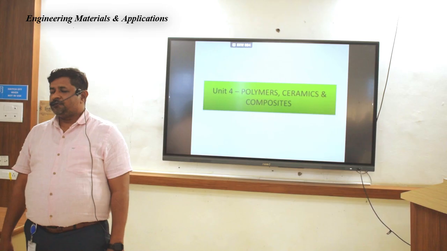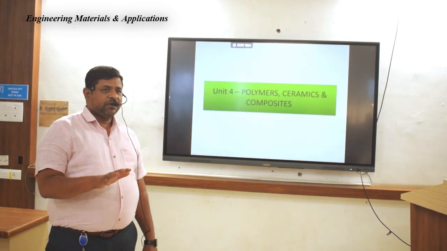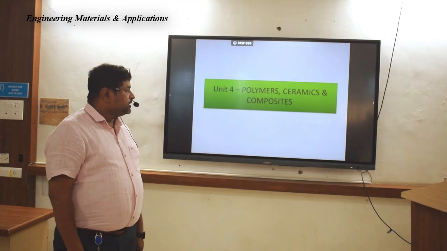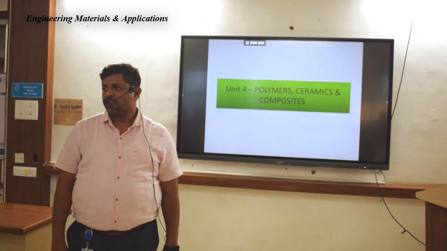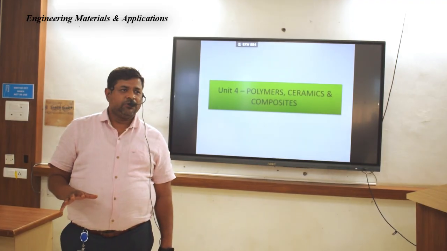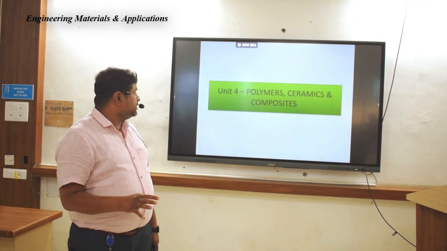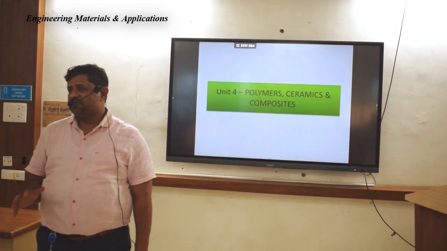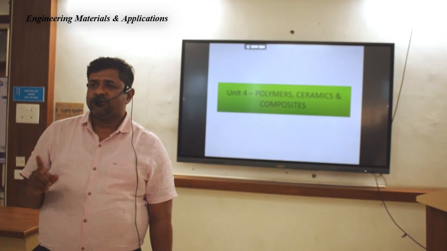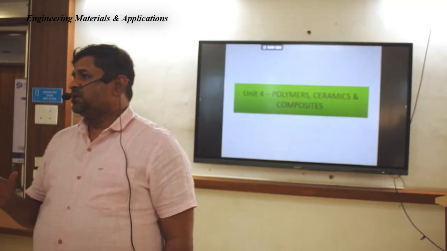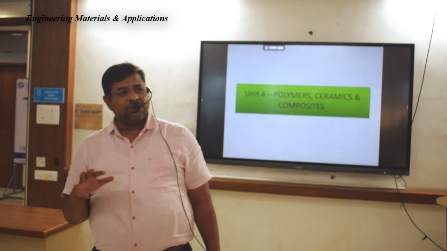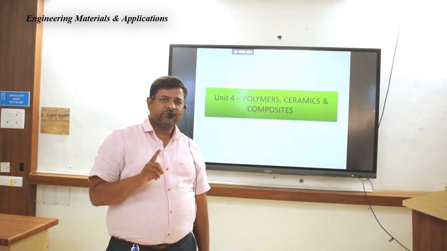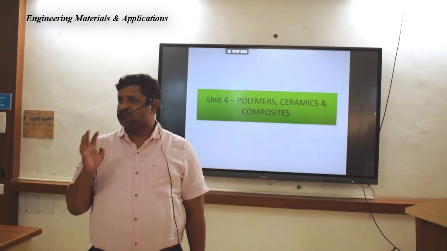Good afternoon, everyone. Today we are going to start with the fourth unit, that is Polymers, Ceramics and Composites. In this particular unit we are going to see what is the meaning of polymers, ceramics and composite. Basically we will see what are the different types of those, what are the different manufacturing processes of these particular materials, and along with that we are going to see what are the different properties